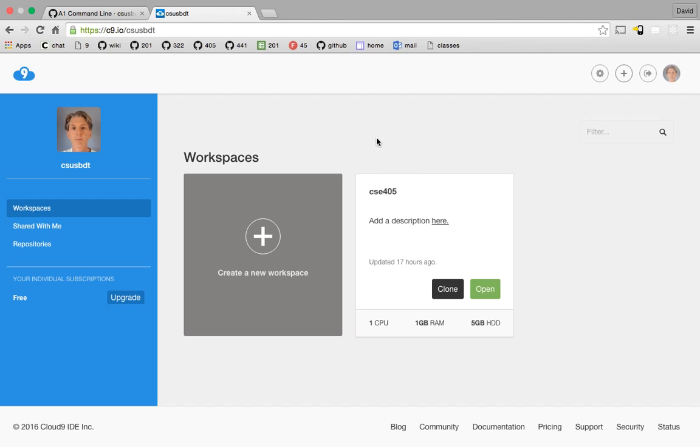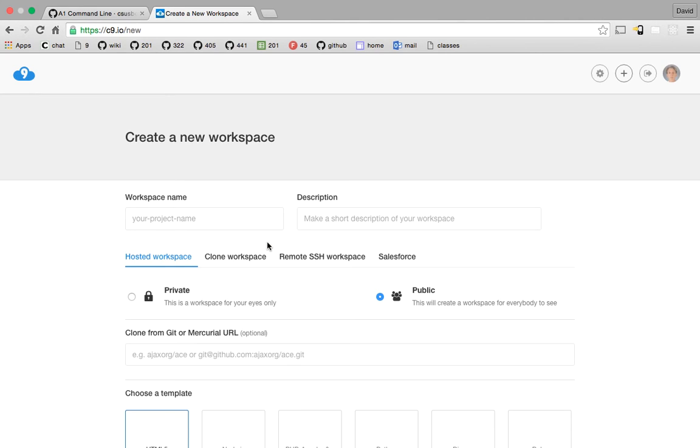I wouldn't say it's a perfect fit for this class. On the other hand, it provides enough functionality to satisfy our needs, plus it's extremely convenient. So I think it's a good choice to go with this. It's called Cloudnine. And so what you do here is you can create a workspace. So you'll be creating a workspace, and I'm going to show you what you'll do. After you create a free account,